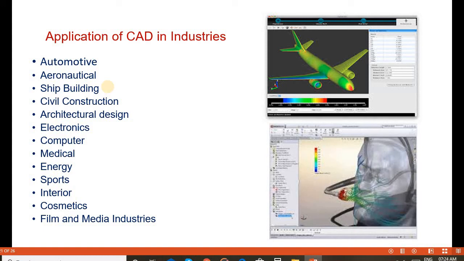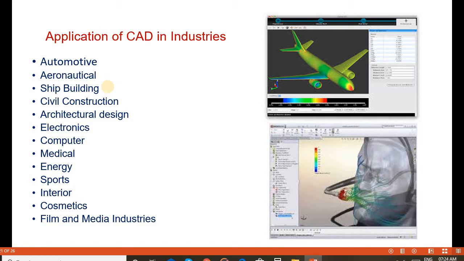It can also be used in the field of electronics and computers: for all products and components of electronics and computers, CAD design is much involved. Another major application is in the medical field, biomedical engineering. Basically, it helps to create models of the human body and human body parts.